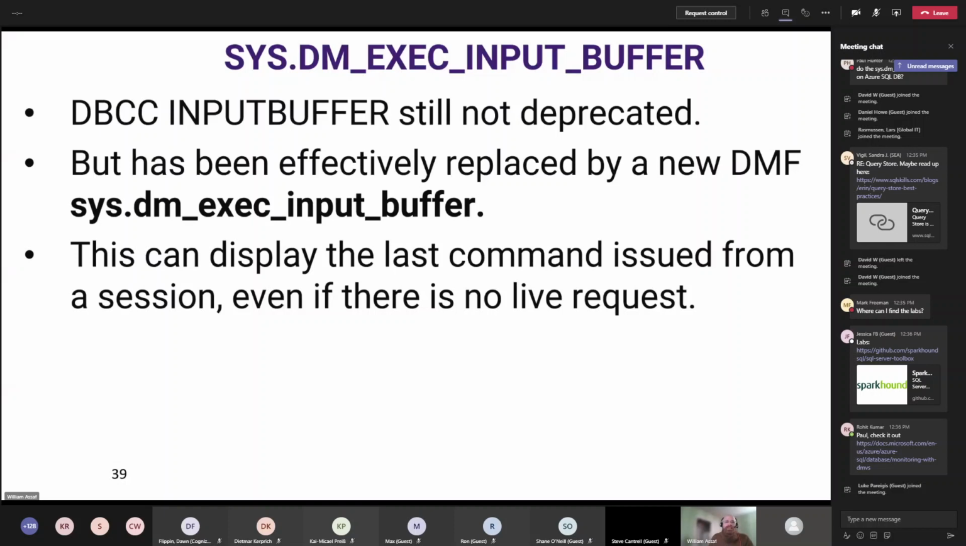And then sys.dm_exec_input_buffer. If you're familiar with the old DBCC INPUTBUFFER function, that's actually still not deprecated. Deprecated means that it's been replaced and it will go away at some point, and you shouldn't use it for new development. sys.dm_exec_input_buffer is the same way to get that same information out, to get the last